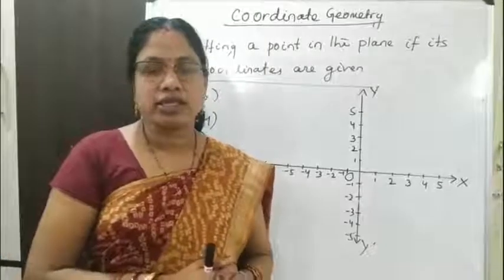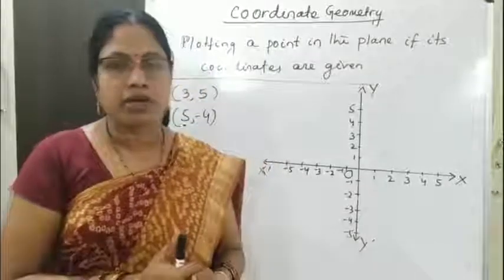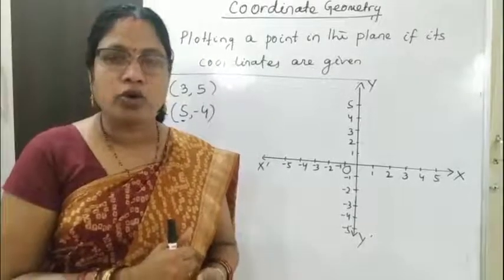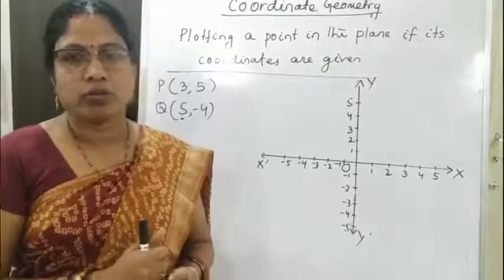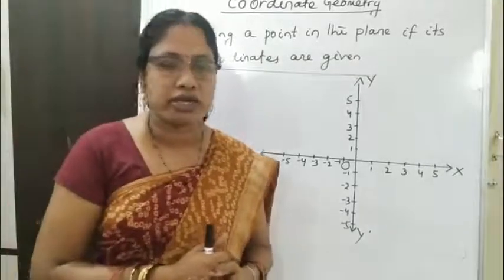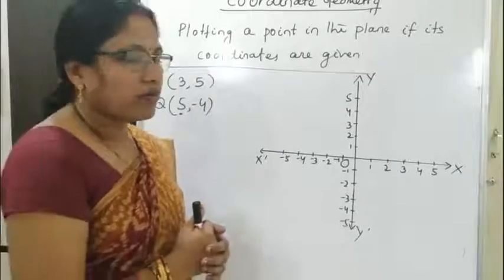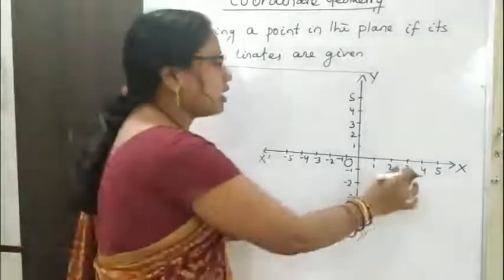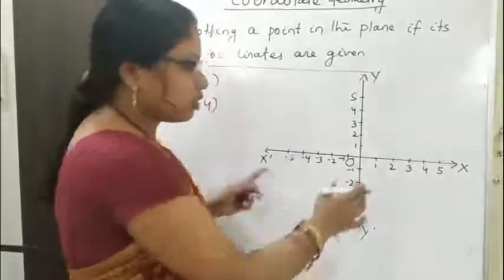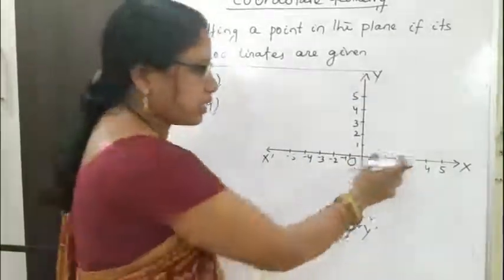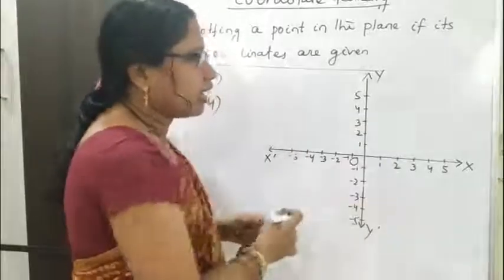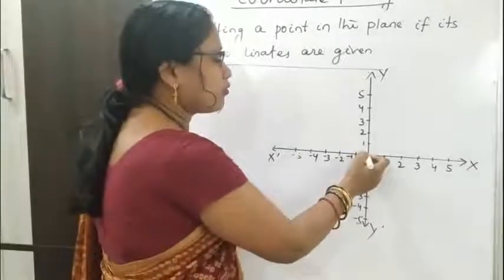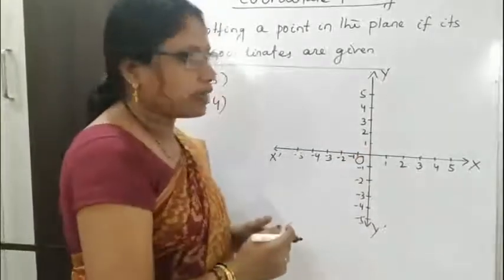Dear students, in this section, let us discuss how to plot points in a Cartesian plane if the coordinates of that point are given. Both the x coordinate and y coordinate are given. So first step is, you have to draw two perpendicular lines. One is horizontal and another one is vertical. The horizontal line is our x-axis, X dash, and the vertical line is Y dash, that is y-axis. Then the intersection point of two axes is O, that is our origin.